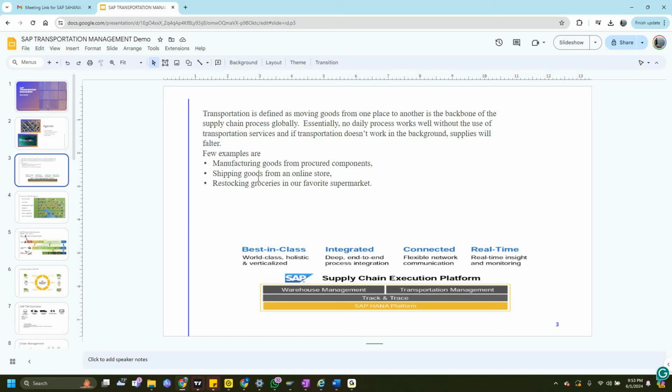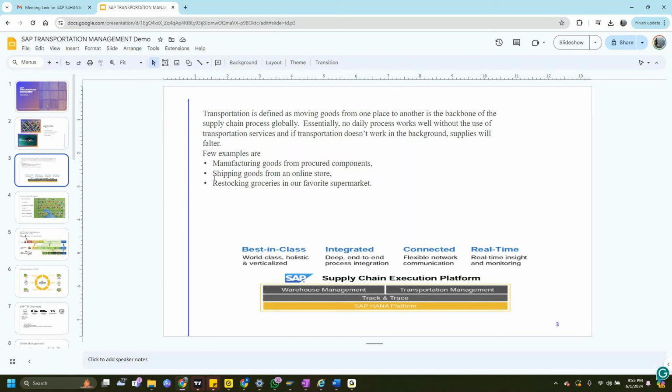And yes, a few examples which we can see in daily life: in India we have supermarkets, let's take Spar. If you see a Spar at night, you see a lot of trucks with the name Spar on them, because these are trucks which they own. And you can also see multiple other trucks that are owned by a different carrier. So there's a differentiation between the vehicles we own and the vehicles we outsource to. We'll come to that differentiation of a carrier and an LSP situation, and there is a completely different set of processing inside the TM system for that.